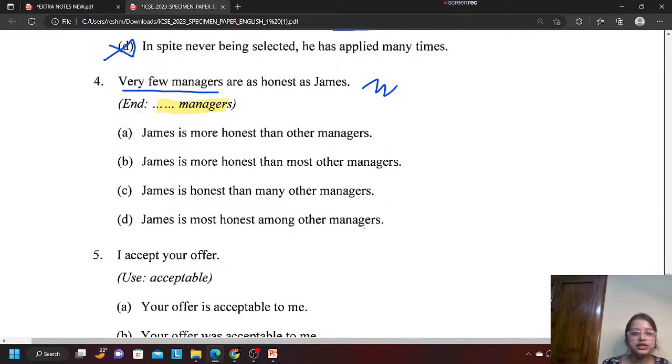And when we are changing it to the comparative or positive degree, we will use very few or most. Okay, we will use few. In that case, I'll say that very few students are as good as Mayank. Or I can even say that Mayank is better than most other students. Yes, this method is easier than most other methods.